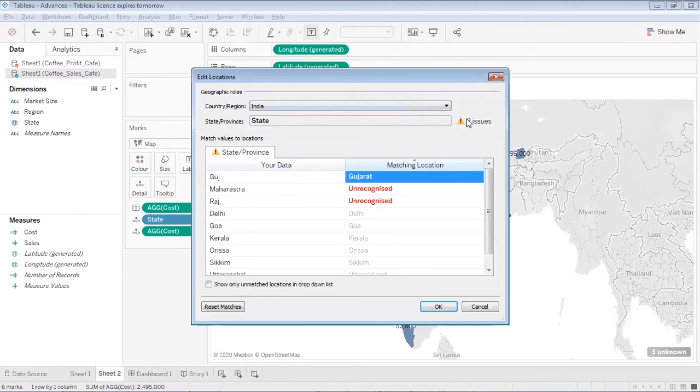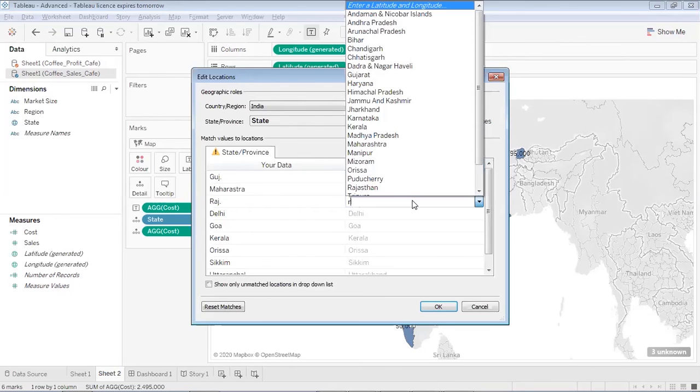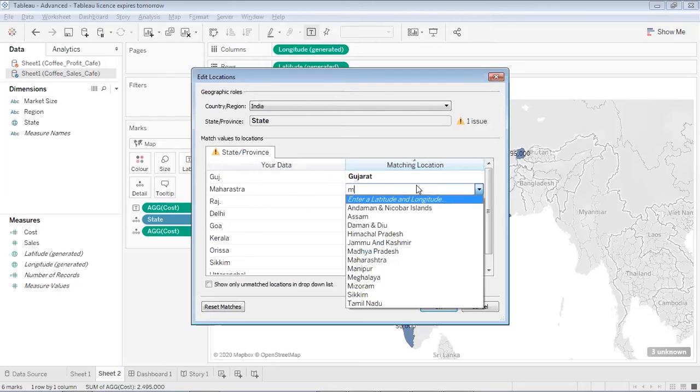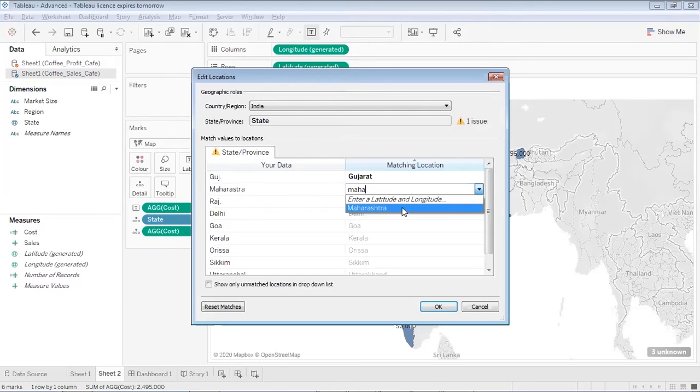So now it has only two missing values. Now in Rajasthan, I can again add RAG, and I can correct the spelling as this. So I've corrected the spelling for them too. Now in case of Maharashtra, some people write it Mahara, and some write STRA. So I have written Maharastra. I should have written RSHTRA. That is why this issue is coming. So you can see this is the spelling.